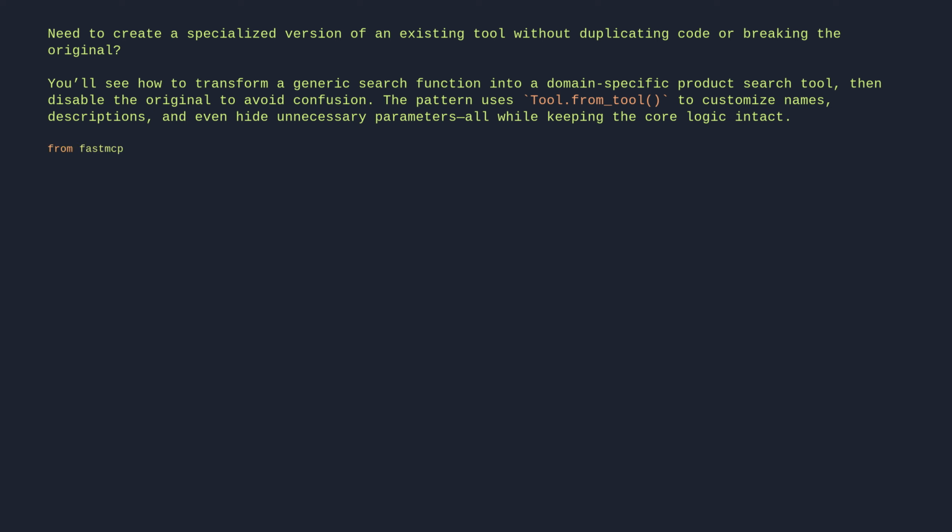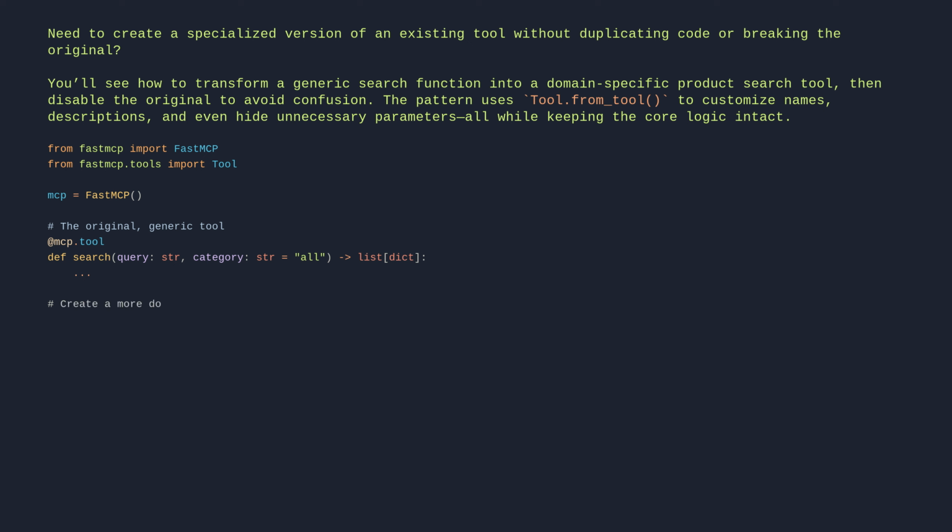From fastmcp import FastMCP. From fastmcp.tools import Tool. mcp = FastMCP(). # The original, generic tool. @mcp.tool def search(query: str, category: str = "all") -> list[dict]. # Create a more domain-specific version. product_search_tool = Tool.from_tool(search). mcp.add_tool(product_search_tool). # Disable the original tool. search.disable()